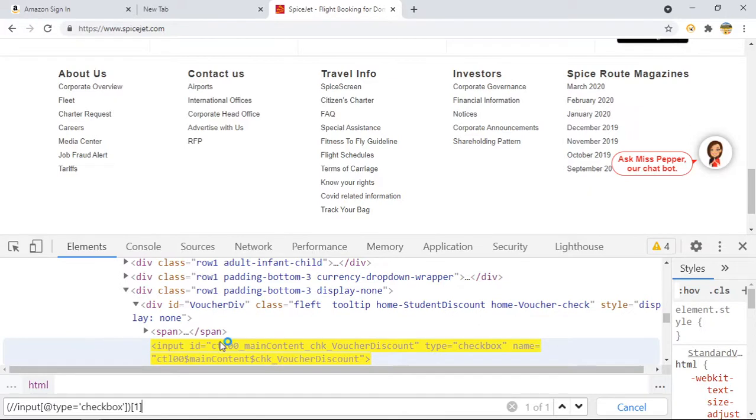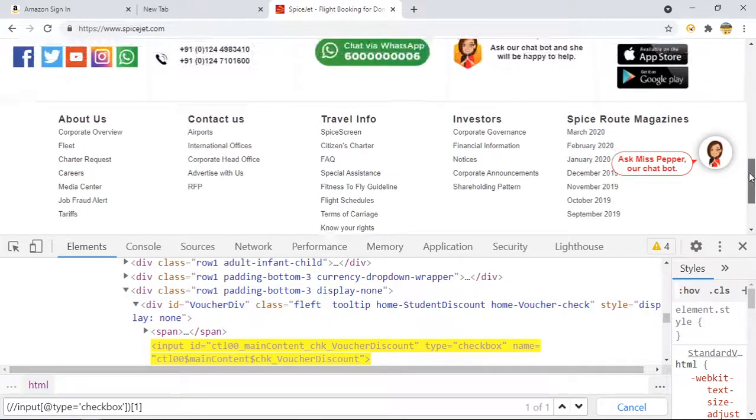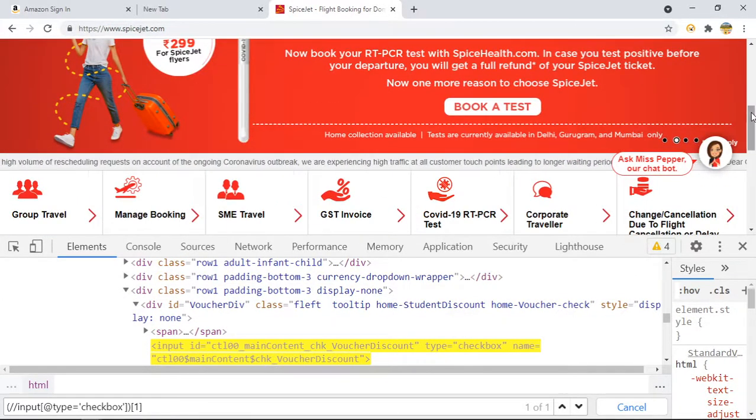It might be the case that the text box is present somewhere, or it might be hidden.